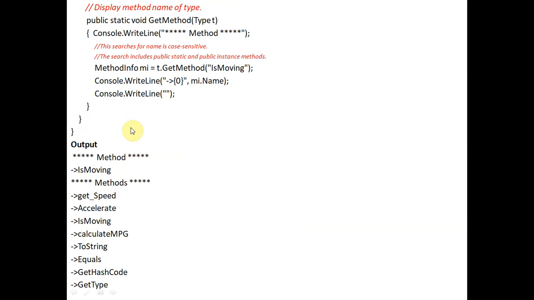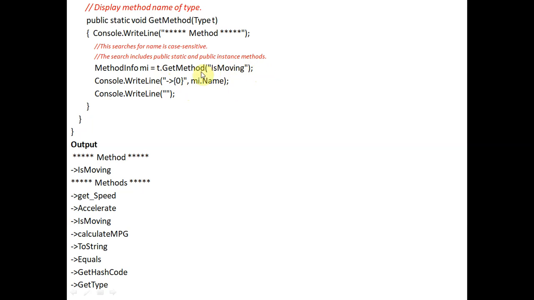Then Console.WriteLine. MethodInfo mi equals t.GetMethod for IsMoving. So we are extracting the IsMoving method, and when we print it, Console.WriteLine(mi.Name), where mi is the object of MethodInfo. So mi.Name will display IsMoving.